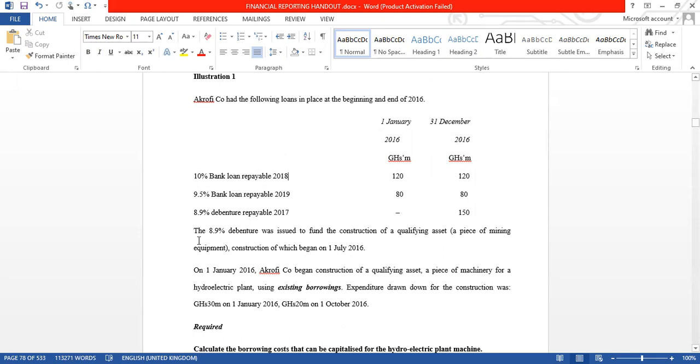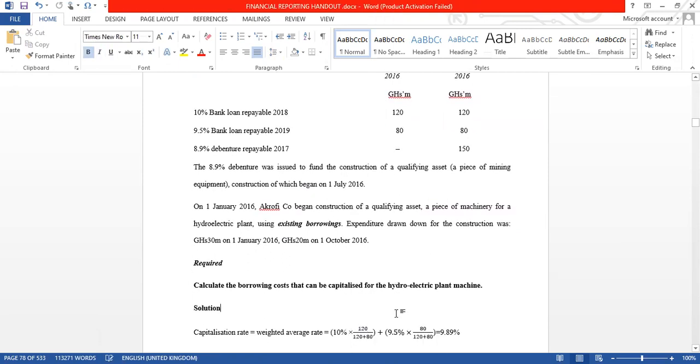And they continue to tell us that the 8.9 debenture was used to fund the construction of a qualifying asset, a piece of land, on July 2016. On January 2016, Akrofi began the construction of a qualifying asset, a piece of machinery for a hydrochloric plant, using existing borrowings. Expenditure drawn down for the construction were 30,000 on January and 20 on October. If the accounting year ends in December,